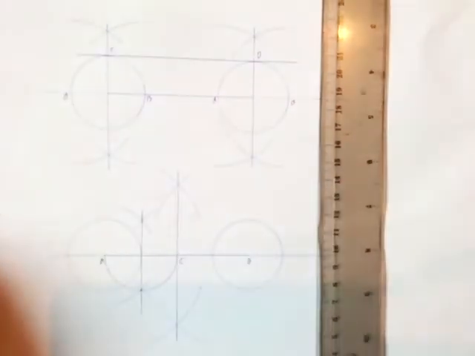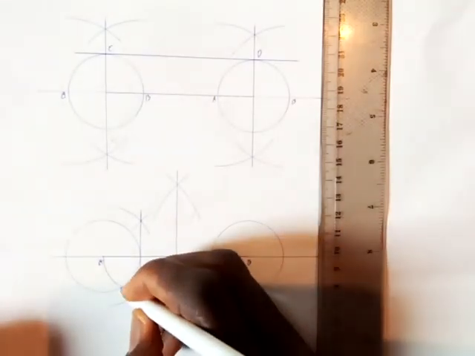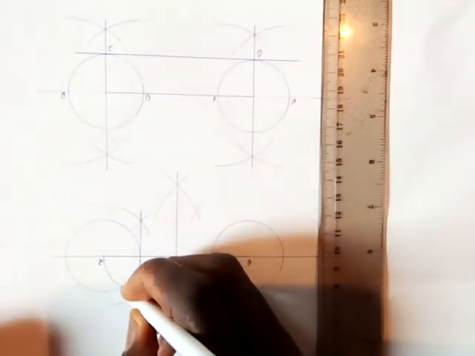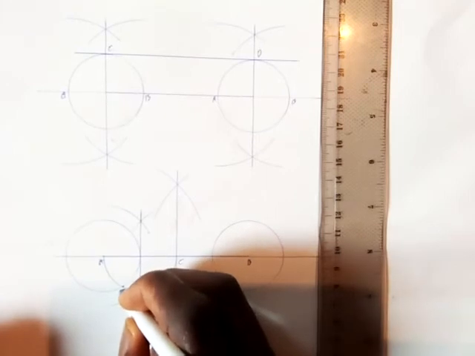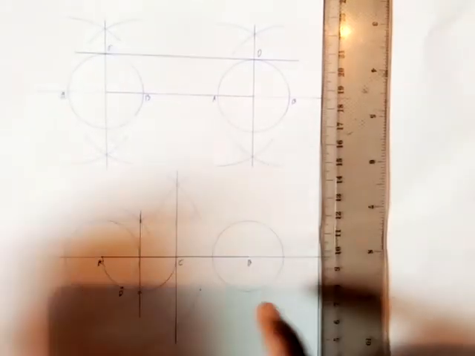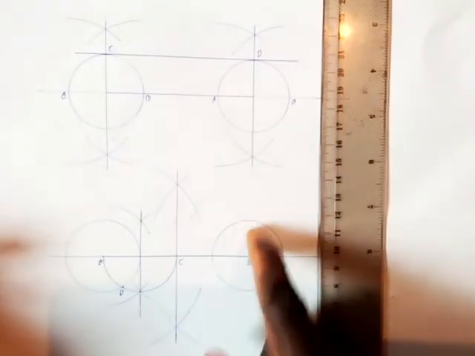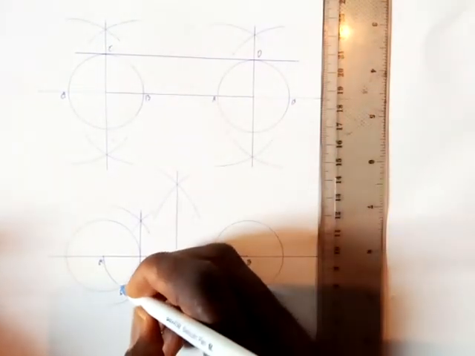Okay, so the semicircle touches this circle at this point. Let me call this point G. So this is point D. The next thing I'm going to do is locate another point on this circle. I need to locate another point on this circle. So to do that,